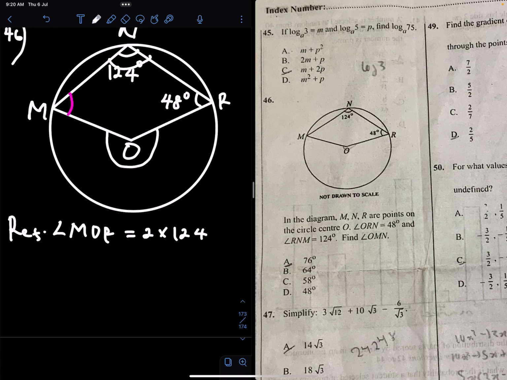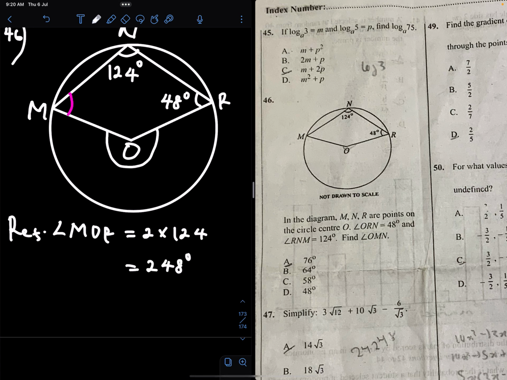The angle at circumference is 124, and the angle at center is going to be 2 times 124. You must make sure that where the angle at center is facing is where the angle at circumference is facing. That's a trick to make sure that you're not mixing things up. So that will be 2 times 124, which is